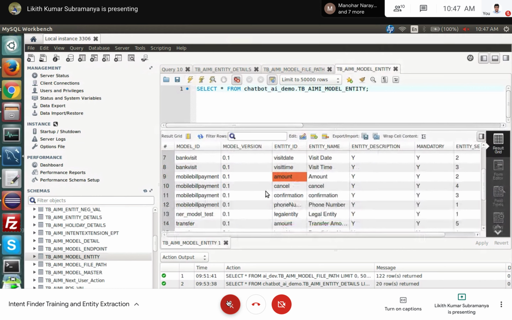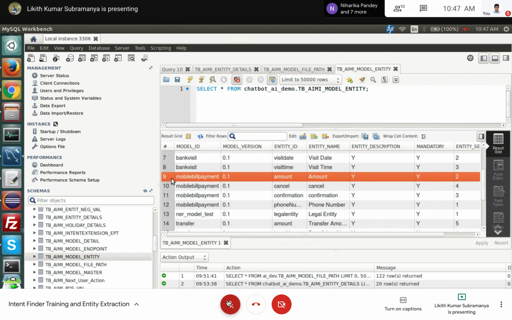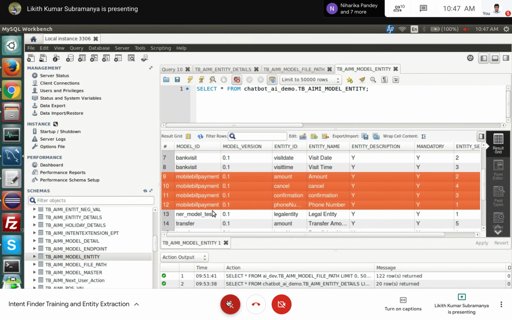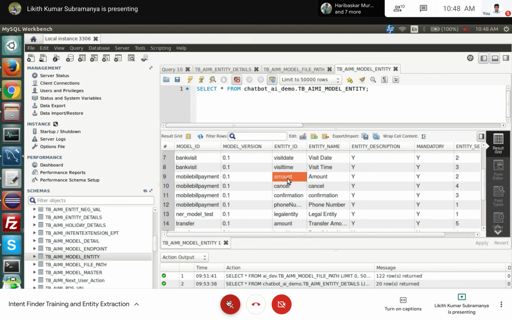We have a table called model entity, wherein we maintain all the entity sequences of a particular model. For example, for an intent like mobile bill payment, the entities may be phone number, amount, cancel and confirmation.